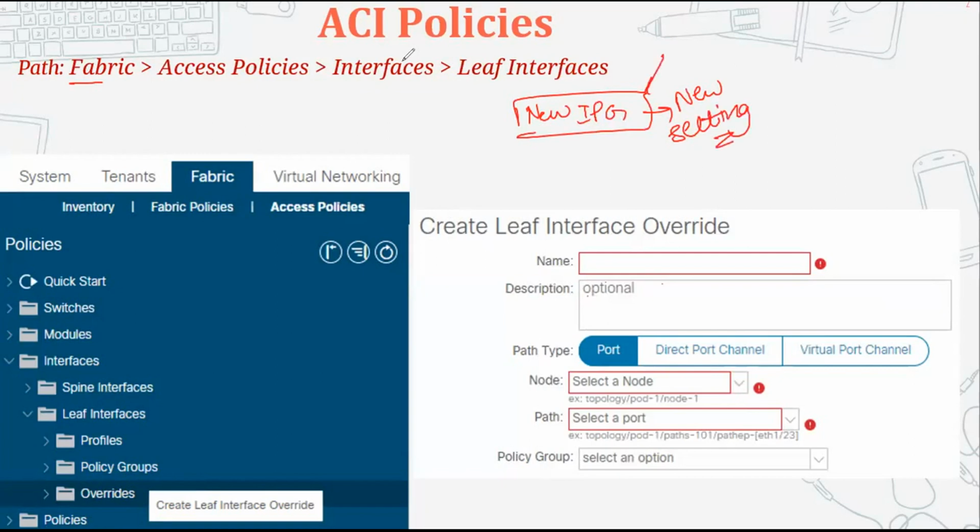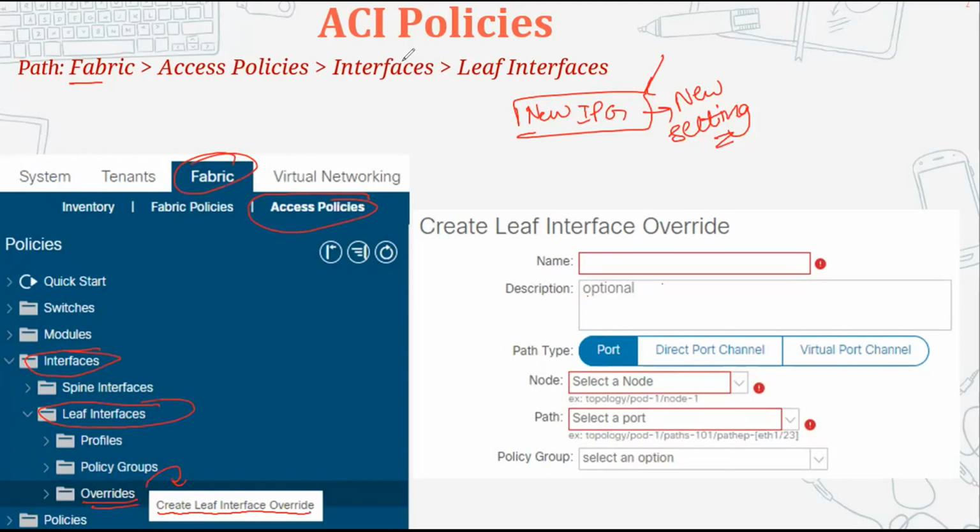Then once this new group is created, we'll go to fabric, access policies, interface, leaf interface, and then you can see below the policy group you have one option, overrides. Once you right click here, it will give you the option create leaf interface override.